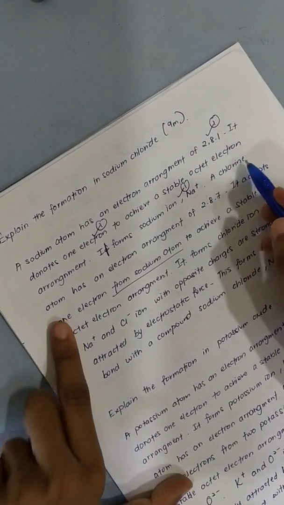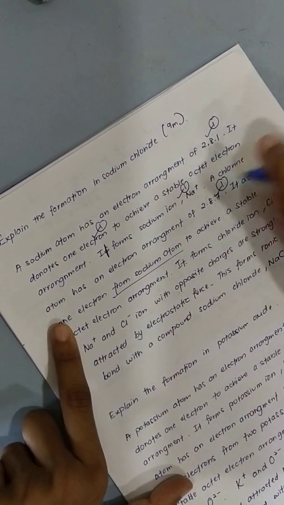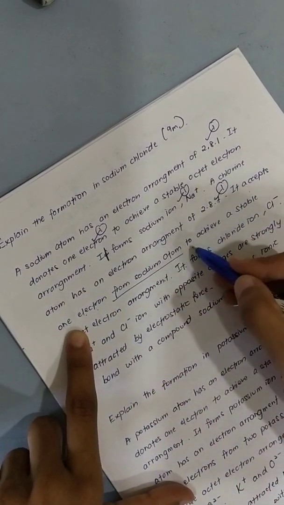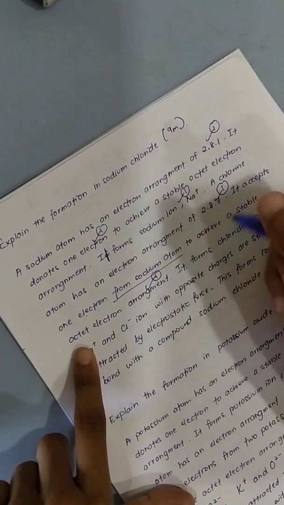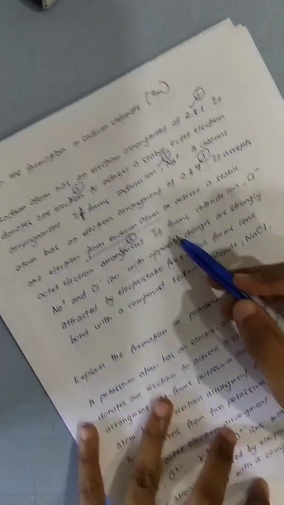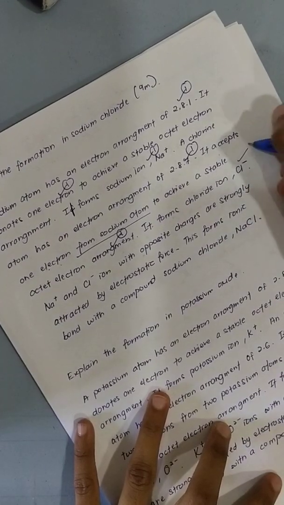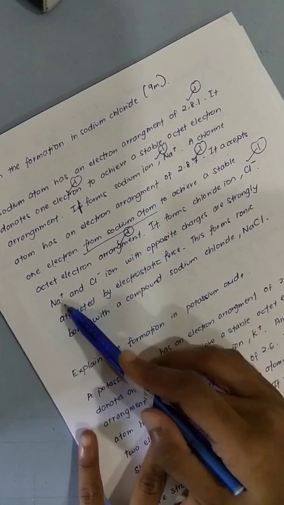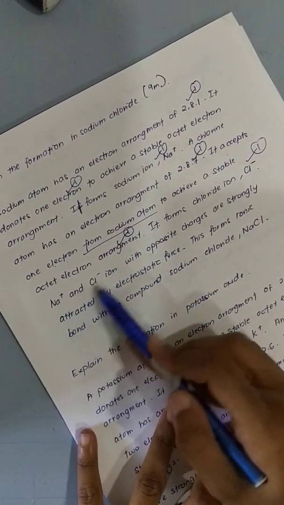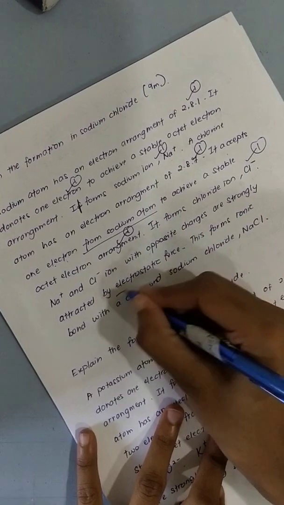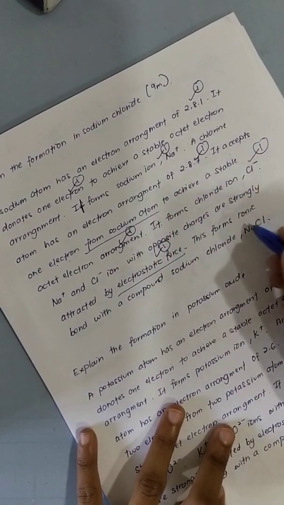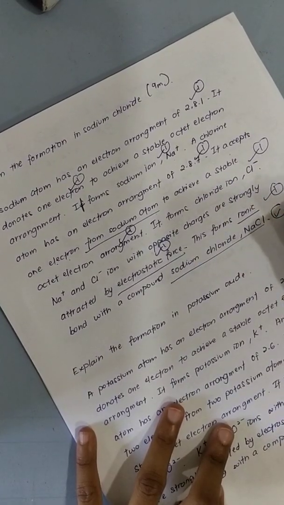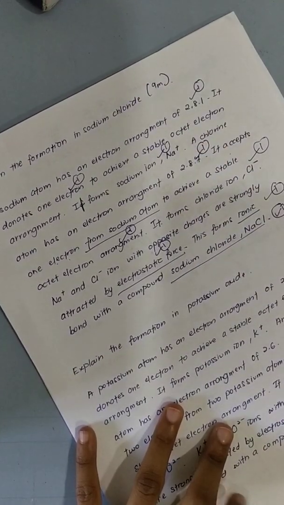Then you explain the same way for chlorine. 1 mark here. And then it accepts this electron, but from where? From the sodium atom. Why? To achieve the stable electron arrangement. Get another mark here. And then you must also explain this. Lastly, you must explain how it forms the ionic bond. It's because of the electrostatic force of attraction between these two, right? So you must mention all this. You get 1 mark here. When you mention the ionic bond, you get another mark here. This one, you get another mark. So overall you will get 8 to 9 marks.